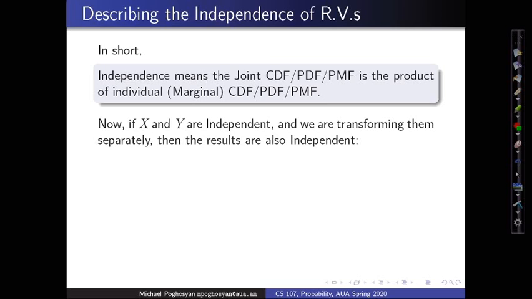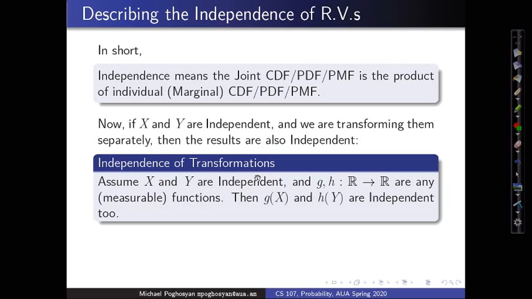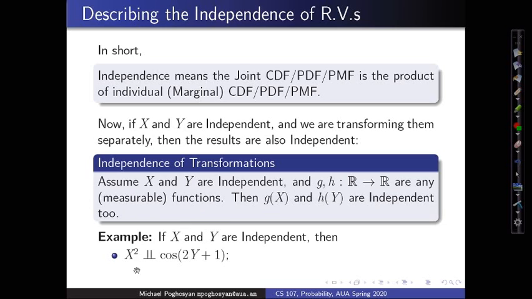One property: if x and y are independent and we are transforming them separately, then the results are also independent. So this is the theorem, independence of transformations. Assume x and y are independent, and we have two functions, g and h, which are measurable functions. Then g of x, so I'm transforming this x, obtaining a new random variable, and h of y are independent too. So for example, x squared and cosine of 2y plus 1 are independent if x and y are